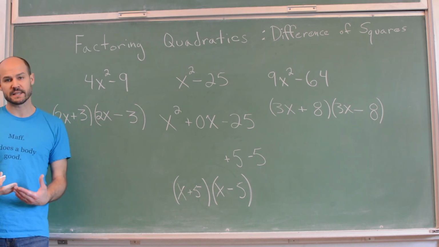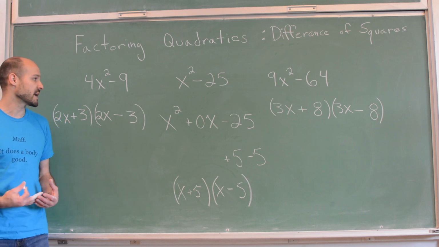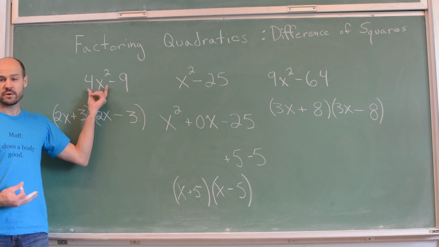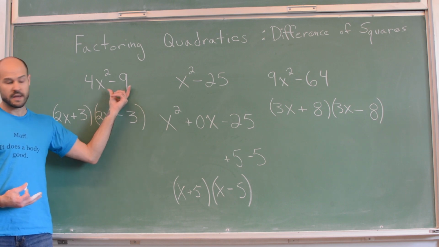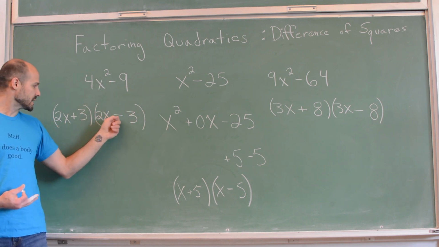This pattern always exists for difference of squares, and so it's a very easy special quadratic to factor. First you recognize it, then you take the square root of the first term, put it in here and here, and the square root of the second term, and put it in here and here. To accommodate the subtraction, one is subtraction and